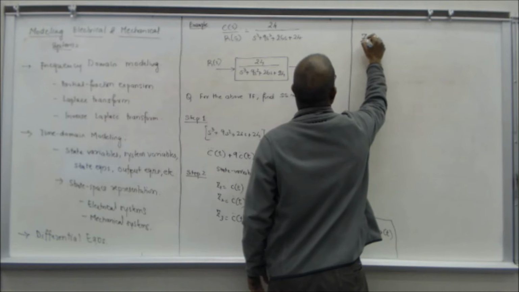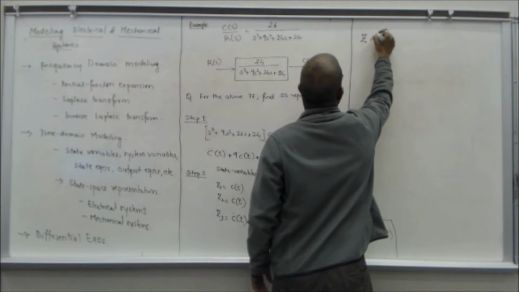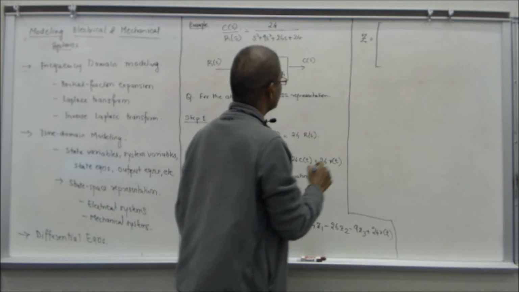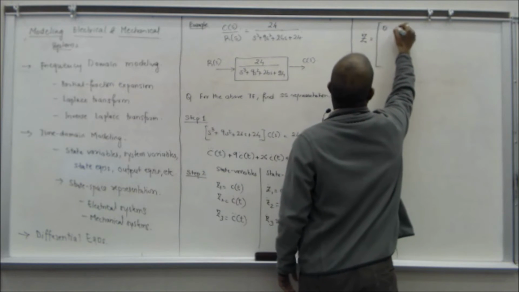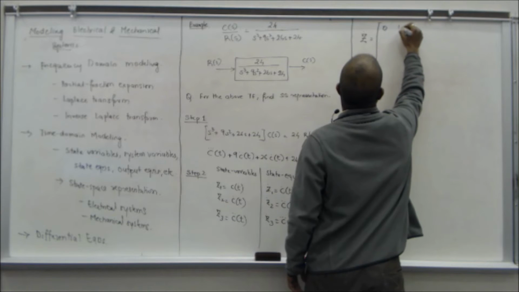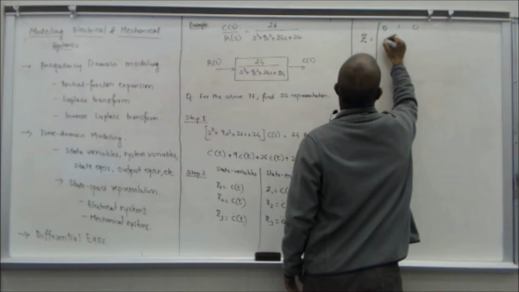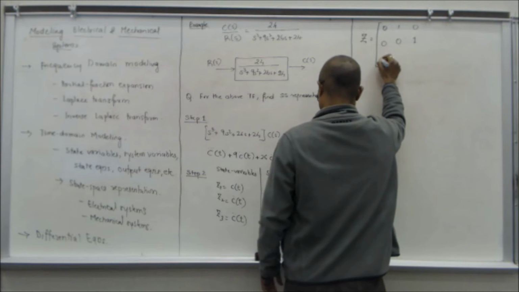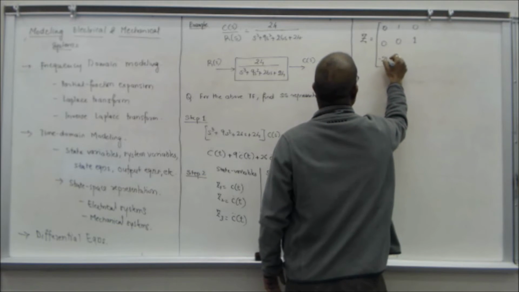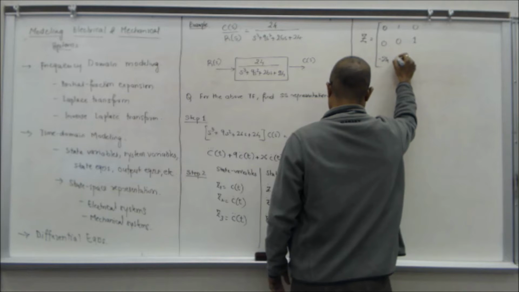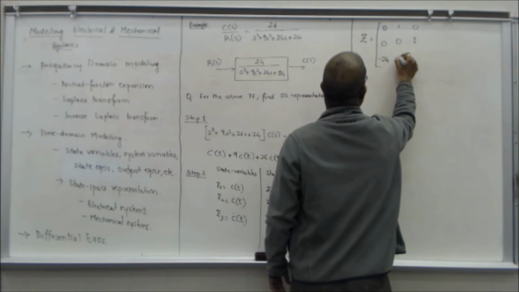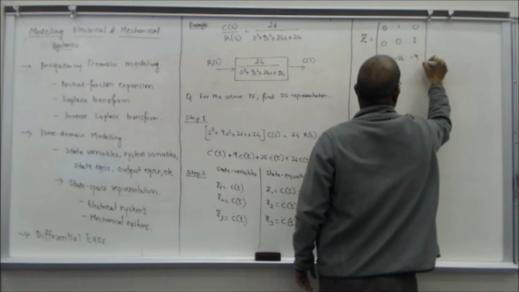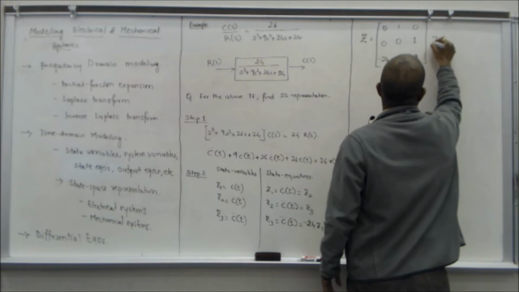Z, just decorate it, and so what you have is 0, 1, 0, 0, 0, 1, minus 24, minus 26, minus 9, Z